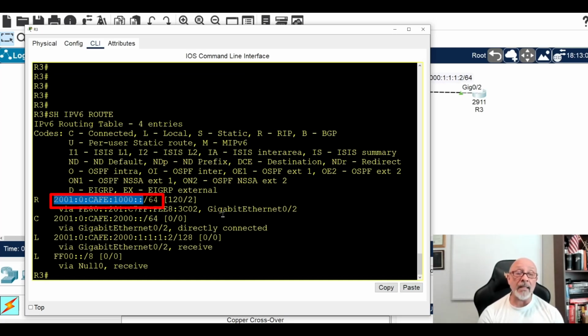So yes, if you're taking a test, it doesn't want double colons. It wants you to do zeros. The Cisco Press books will show you like this, like you see it in the routing table. Okay, that's highlighted, just to put a 0 to get you used to typing that.